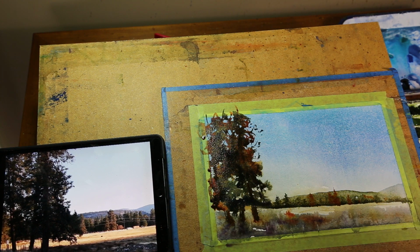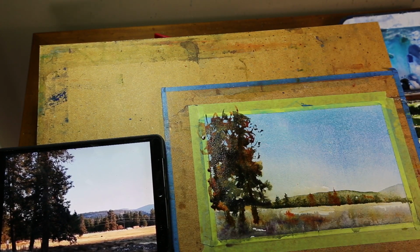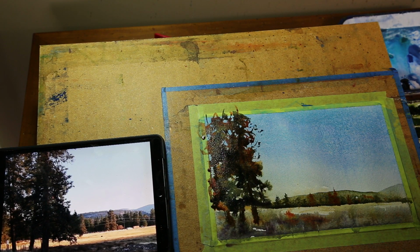That's good there. Now what I'm going to do, I will add some darker colors down here. Let's see how wet this is. Look at it from the side, and it's not very wet, it's pretty dry down here. So I should be able to get away with this here now, but what I'm going to do is lay down some paper towel across the top part of the, well, I can't really do that because that's still wet. So thinking on my feet here, I'm just going to add